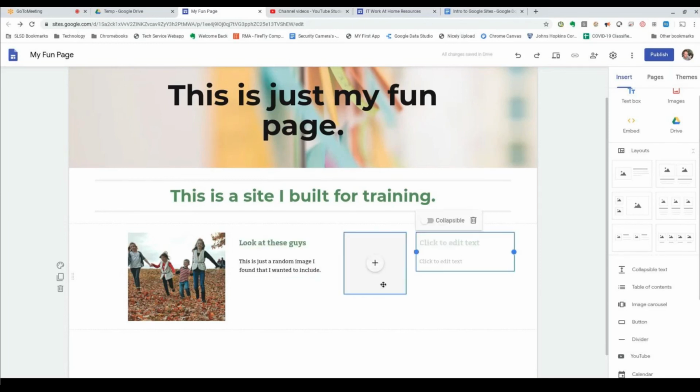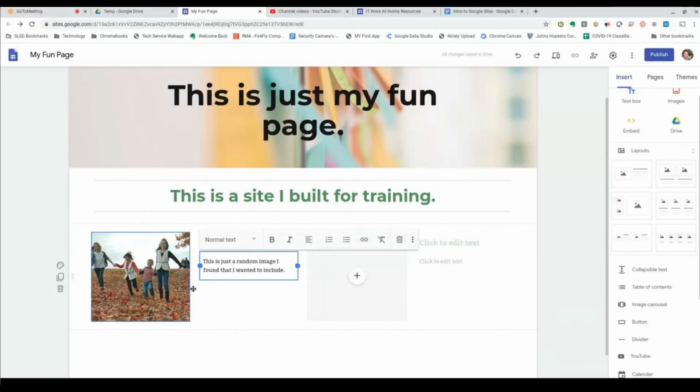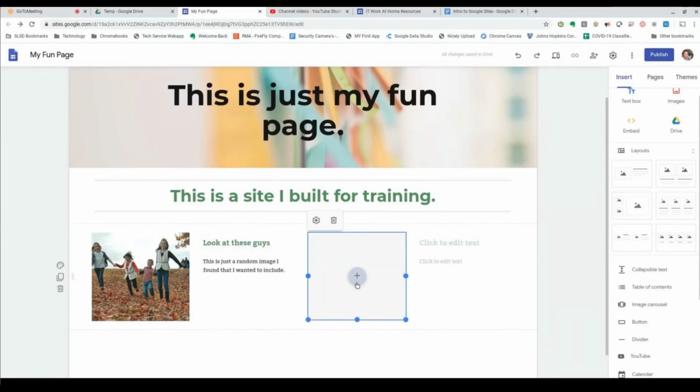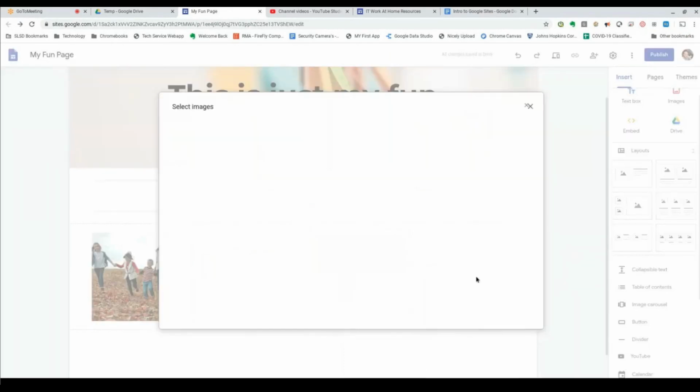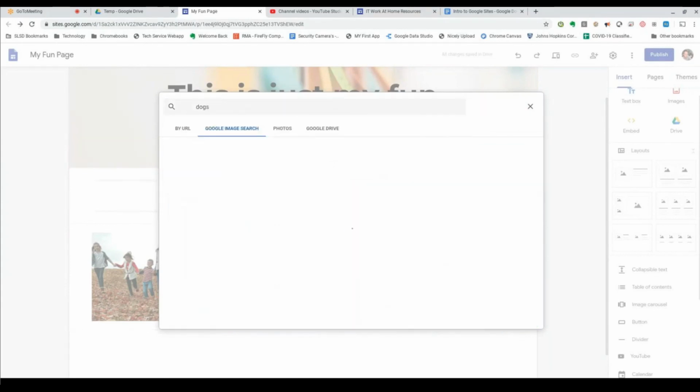So I'm basically just filling in the blanks here. I'm going to make this bigger, and I'm going to select another image, and I like dogs, so let's not docs. I like docs too, but